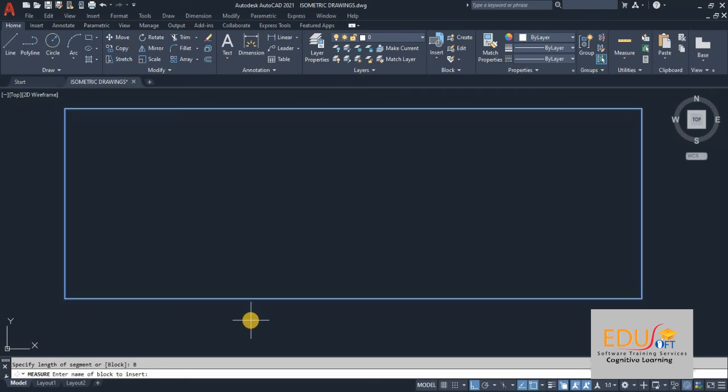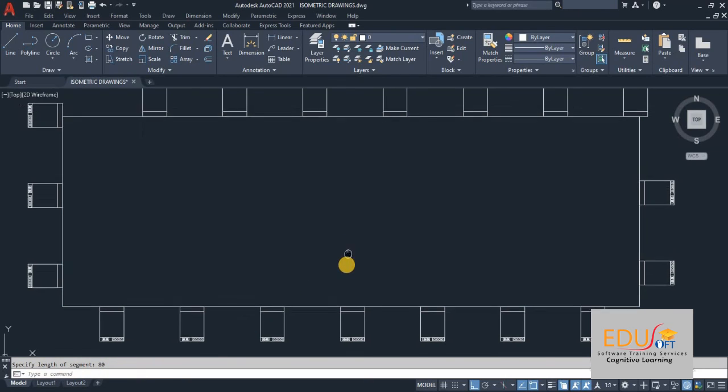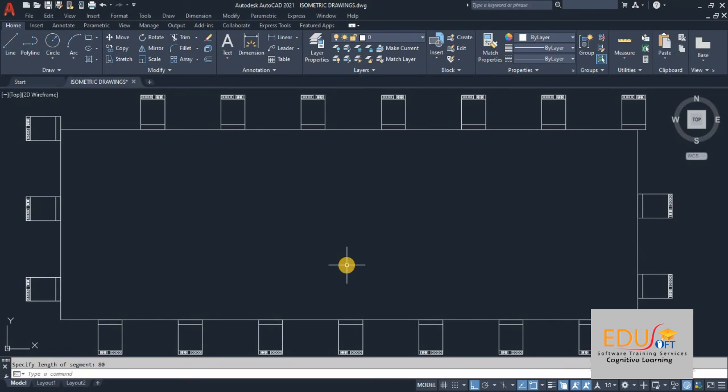Name is dishwasher. Specify the length of the object. I want it at every 80 gap. So this is how it is distributed.